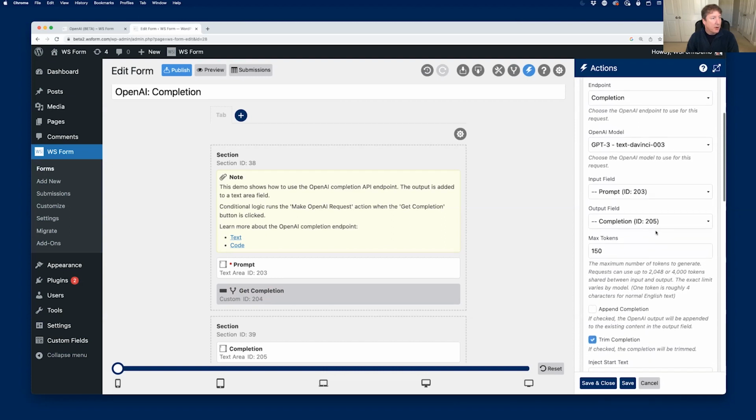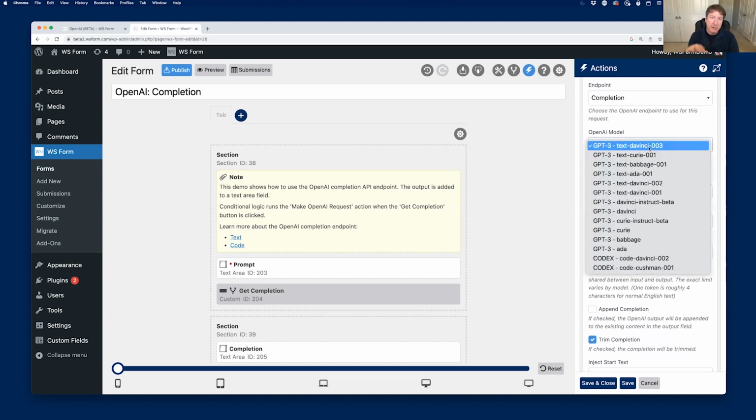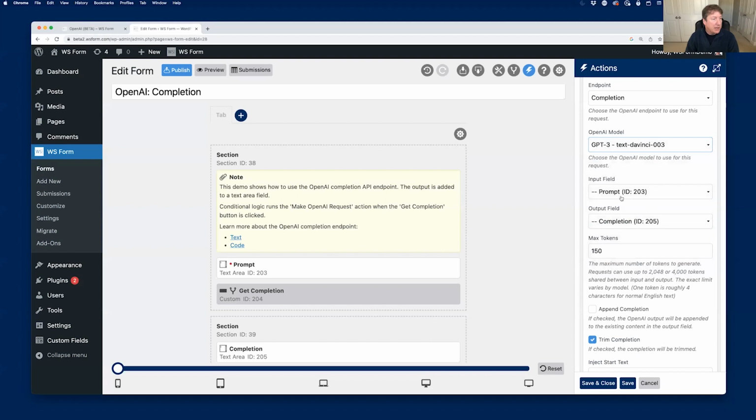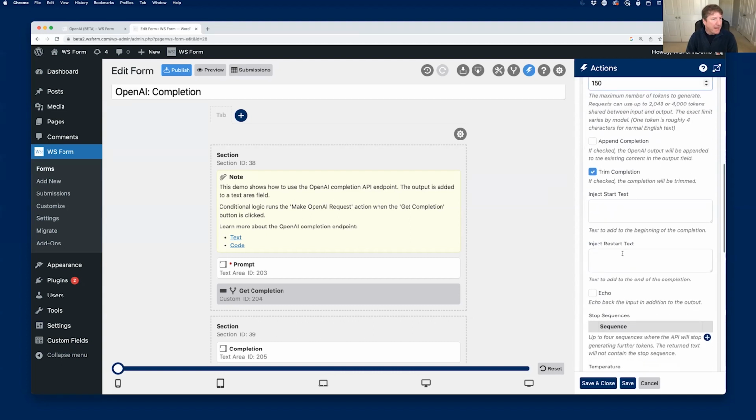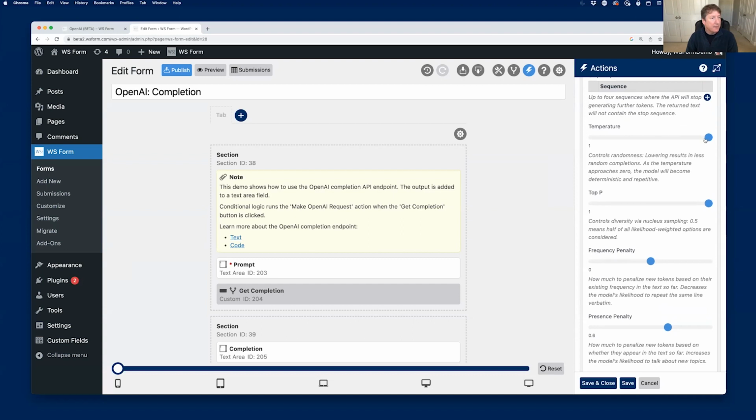So what we're saying to OpenAI is we want to do a completion. This is the OpenAI model that we want to use. So there are different models. GPT-3 is currently the best one that's out there. And then you can actually tweak this as well. So I can choose how many tokens I want to use. The more tokens you enable, the more likely you're going to get charged more, because the charging is done on a token basis. But actually running a completion is a couple of cents at most. It's quite inexpensive.